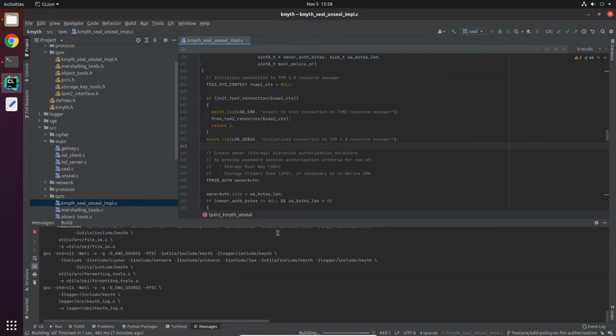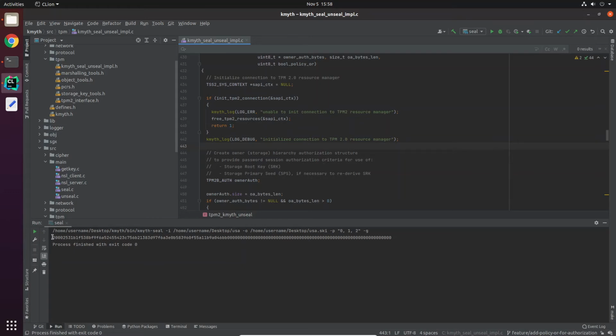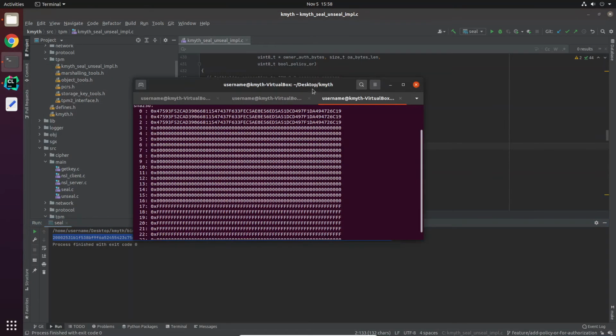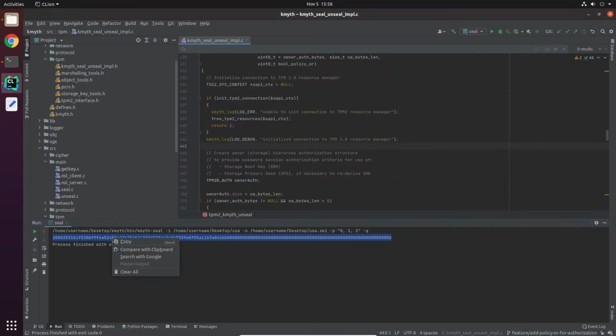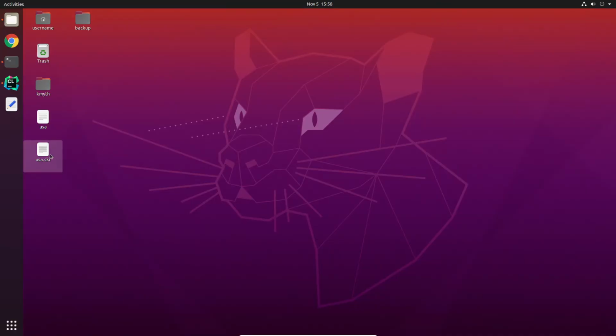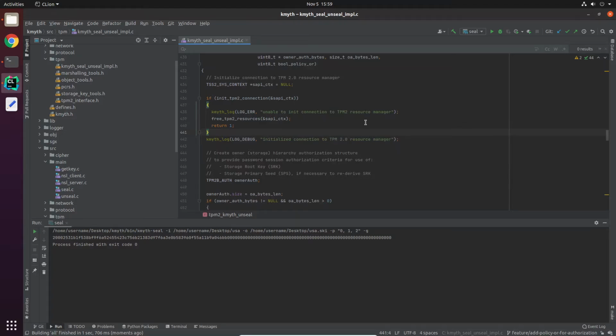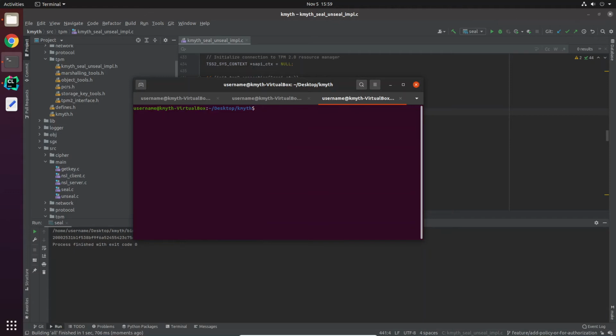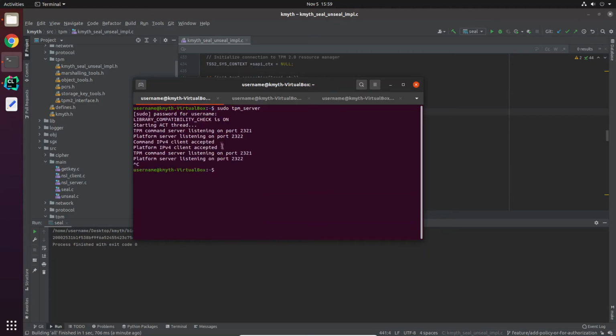So I can run this, and you can see it's giving me a value here. And this is the value that would represent the policy if my PCRs looked like this. So let me go ahead and copy that real quick. And I also want to delete this usa.ski file. And now we're going to do the whole thing over again, but this time we're going to be using our policy or implementation. So the first thing we want to do is log out of the TPM, restart it,